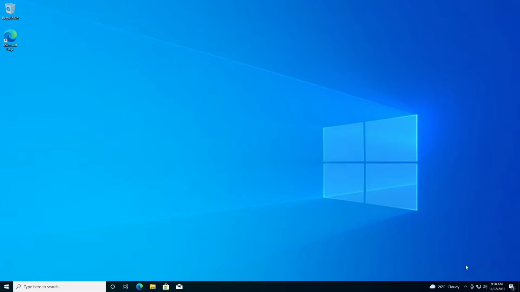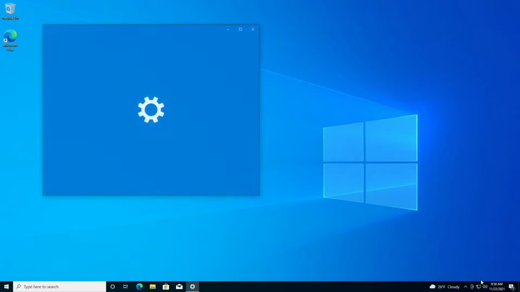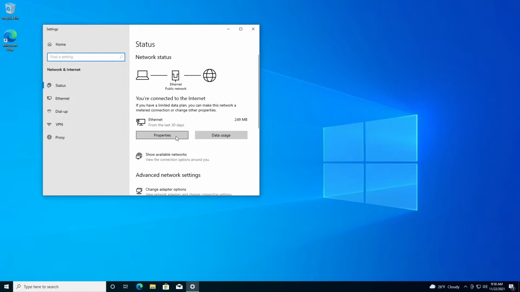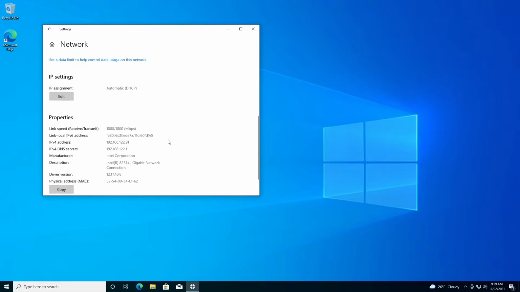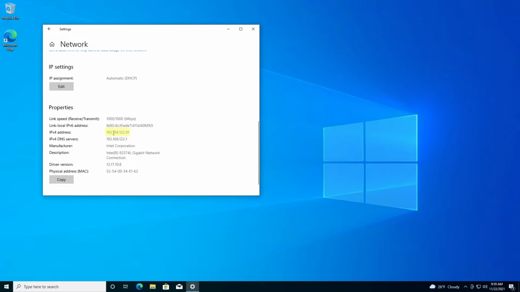We start out much the same way on our Windows machine as we did on the Fedora box. First, we need to find the IP address. I often go in graphically by right-clicking on the network icon and then selecting Open Network and Internet Settings, and then hitting Properties. From here, you can scroll on down to the bottom to see your IP address.